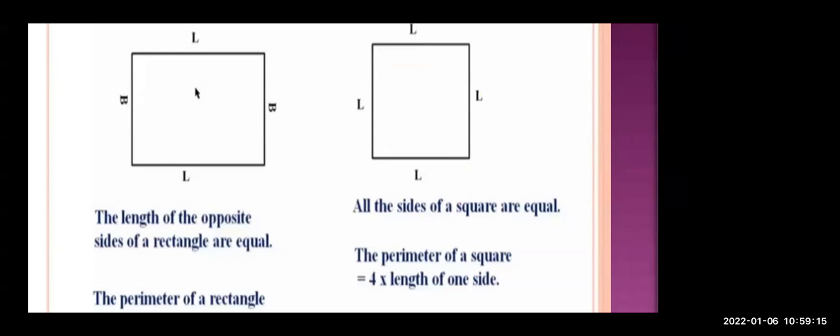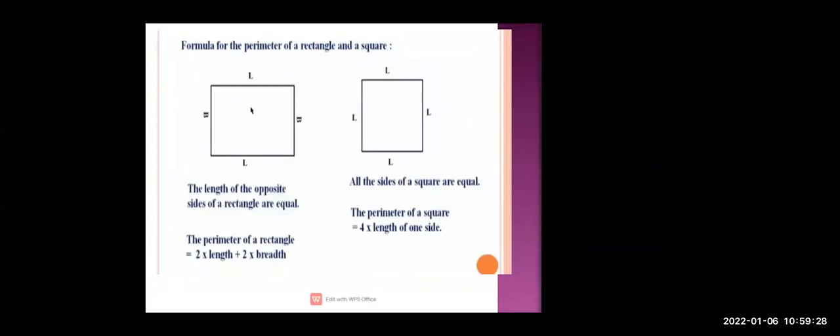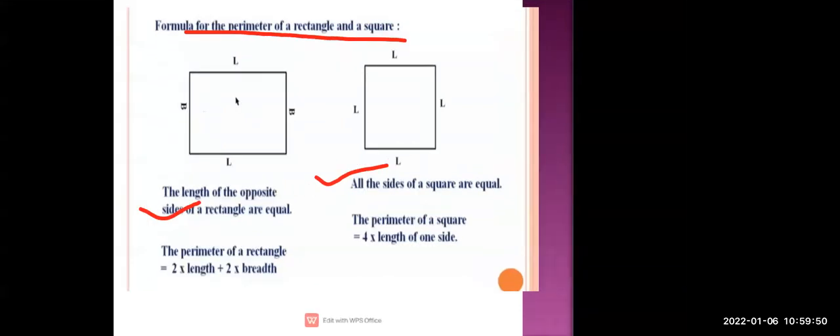So now what you are going to write? You are going to write the heading, formula of perimeter of square and rectangle, and then only the formula you will write it down in your notebook. आपको सिर्फ क्या लिखना है? You are going to write down this heading and these two formula. Clear? Chalo, write it down fast and learn also. I'm going to ask anyone randomly the formula of rectangle and square of perimeter.